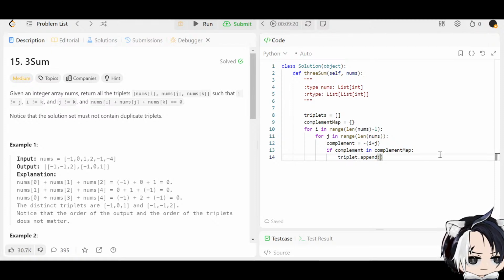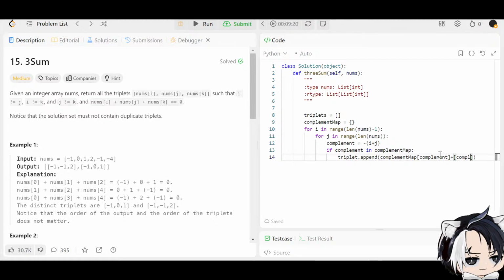It's just a plus. I mean, that's what we did at the top too. So okay, so the complement map at complement. Now we could say that plus, wait, no, not plus is